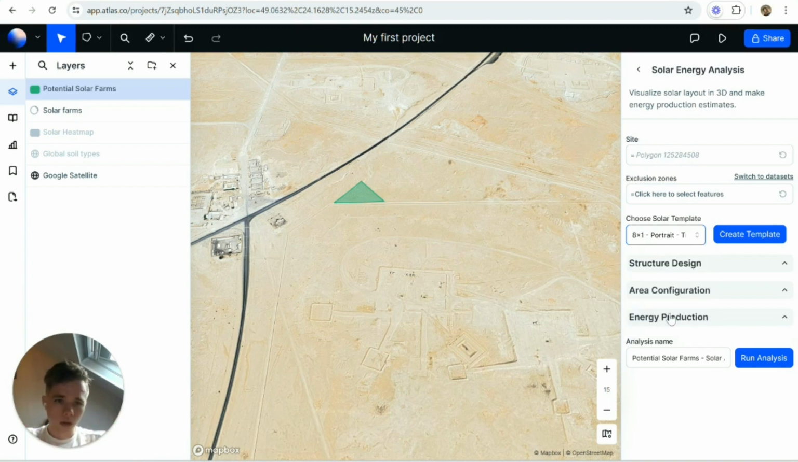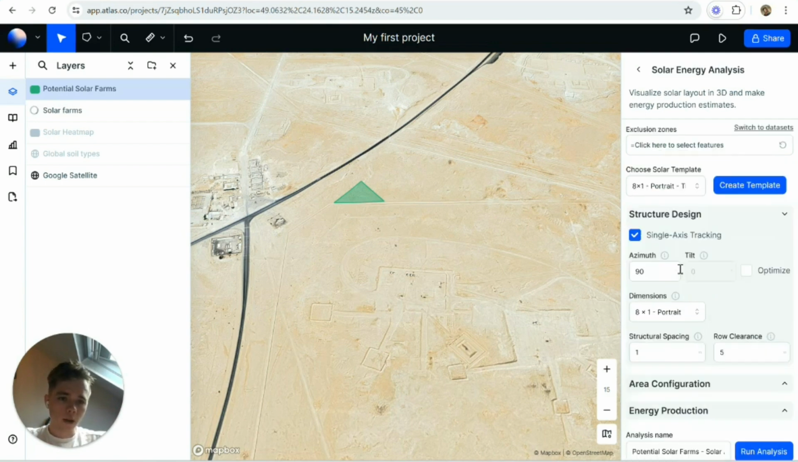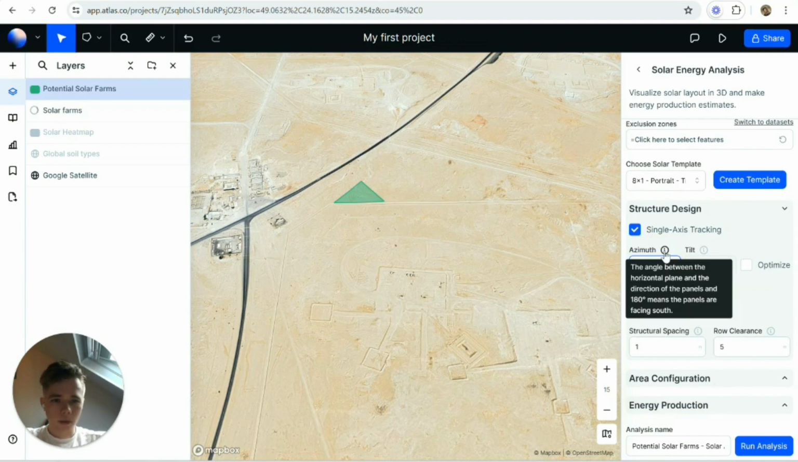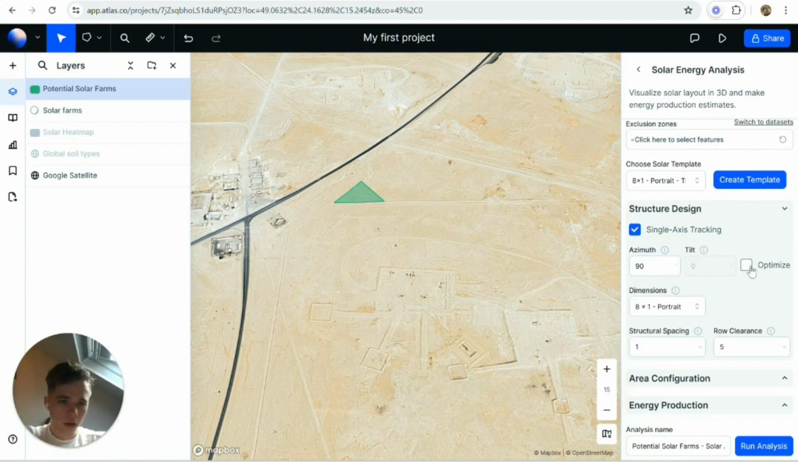Maybe for you it's completely different, or you want to use a different distribution. And you can also play around with the tilt and the tracking and the angle between the horizontal plane and the direction of the panels, so the way that they are facing. Or just click optimize so that it immediately selects the greatest tilt and azimuth. I don't know if I'm pronouncing that correctly, I'm not familiar with that term, but it will automatically optimize it